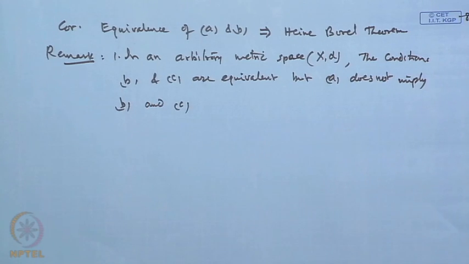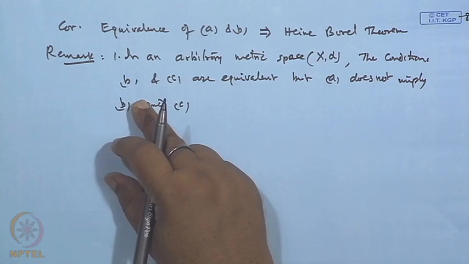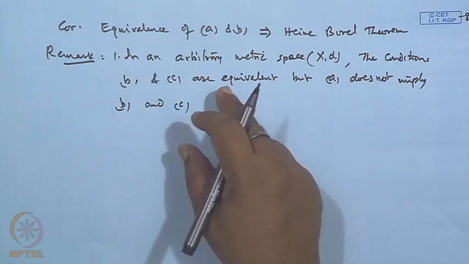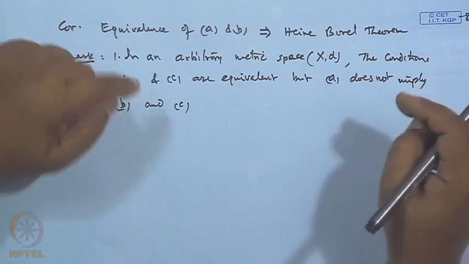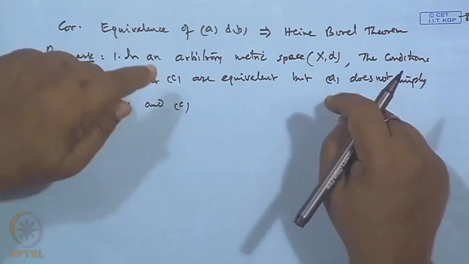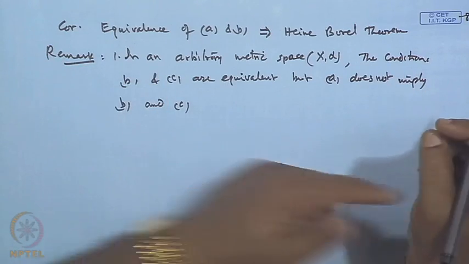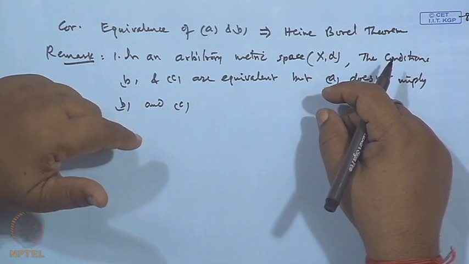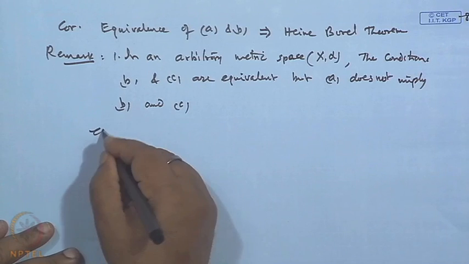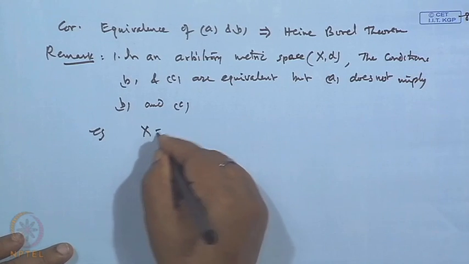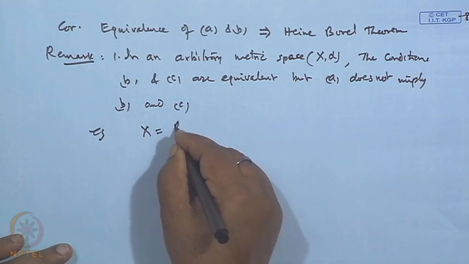It means for an arbitrary metric space, the compact set and the property that every infinite subset of E has a limit point in E are equivalent. But if a set E is bounded and closed, then you cannot say whether it remains compact or whether every infinite subset of E will have a limit point in E. It may not be true. For example, suppose I take X as the Hilbert L2 space,